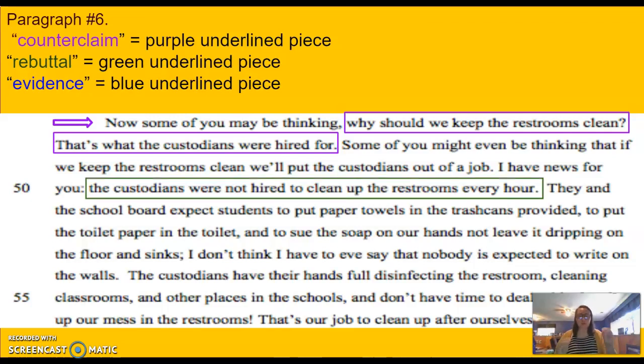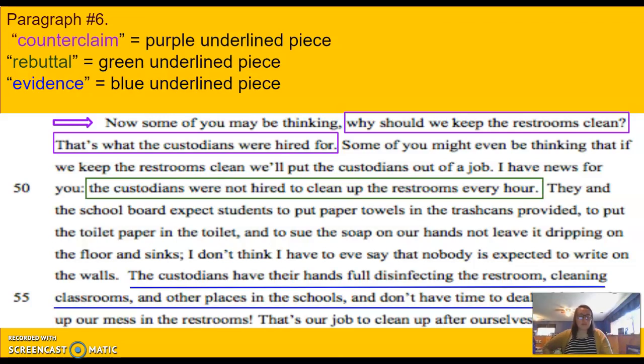Here's her rebuttal. Here's where she comes back and butts heads with that opposing point. She says, the custodians were not hired to clean up the restrooms every hour. Boom. Then what she's done here is she has brought up her next claim. She snuck it in there. She didn't do it the traditional way. She didn't start her paragraph by saying, here's my 4th reason why we should clean the bathrooms. No. She started by saying, here's what you might be thinking at this point, came in by giving a contradictory